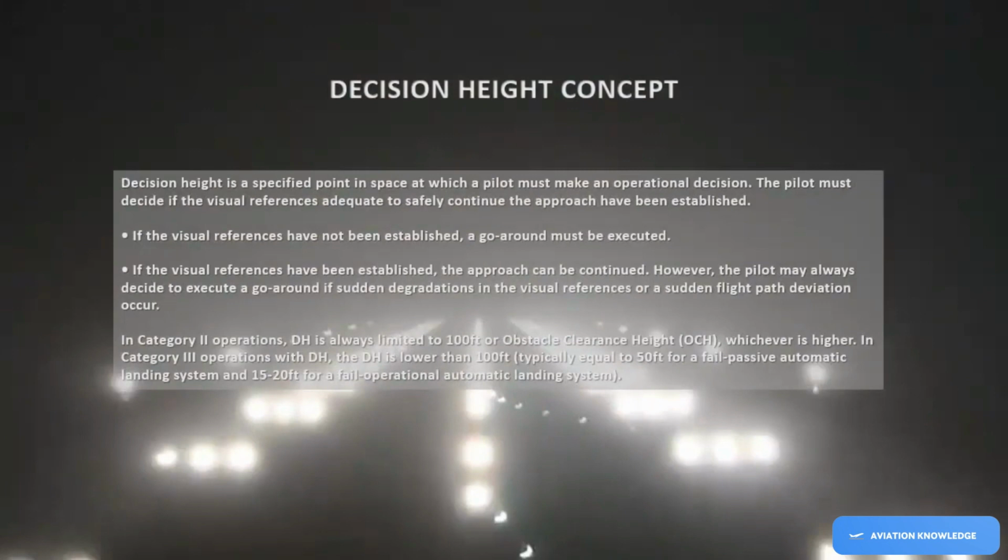Decision height concept. Decision height is a specified point in space at which a pilot must make an operational decision. The pilot must decide if the visual references adequate to safely continue the approach have been established. If the visual references have not been established, a go-around must be executed. If the visual references have been established, the approach can be continued. However, the pilot may always decide to execute a go-around if sudden degradations in the visual references or a sudden